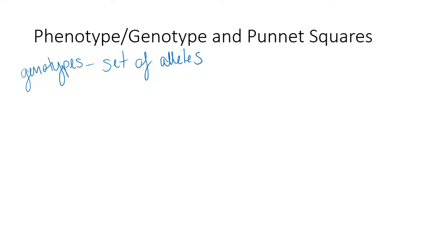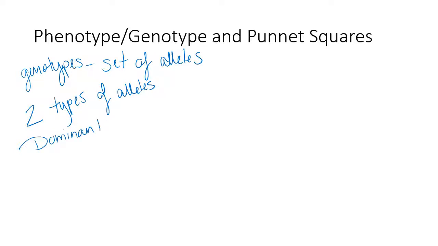Remember, you get one from mom, one from dad, and there are a few possibilities. Let's talk about the two types of alleles. You have dominant alleles and you have recessive